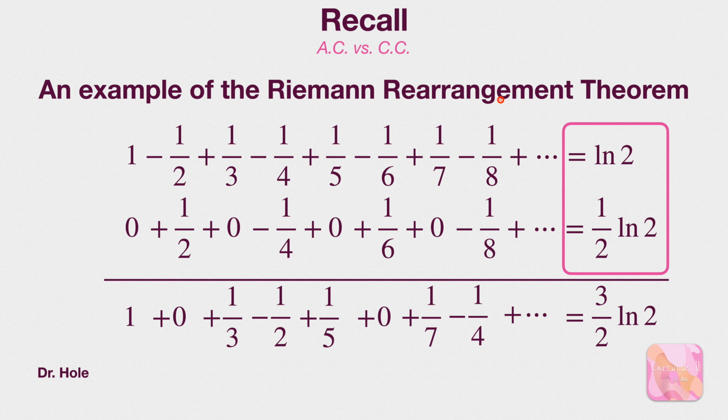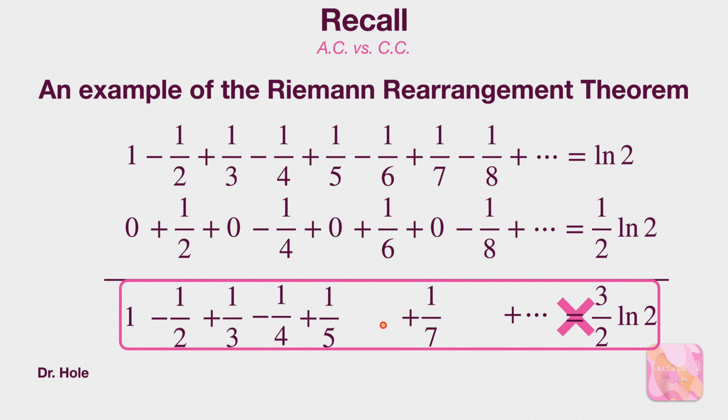Yet the rearrangement, if we look on this left-hand side, we are producing exactly all of the original terms. So if we take them in one order, we'll produce ln of 2, or if we take them in the order that we arrived at, we'd get 3/2 ln of 2. So this obviously cannot happen in the case of rearranging finitely many summands, but it does if you have infinite